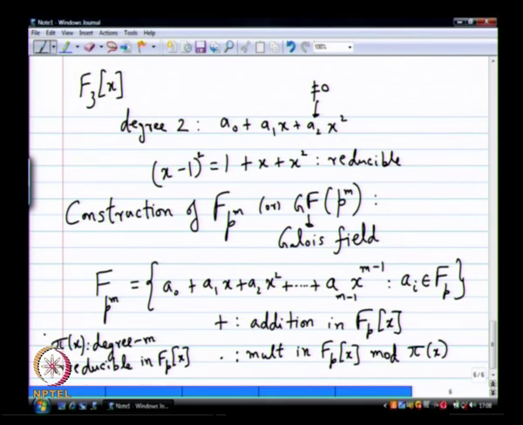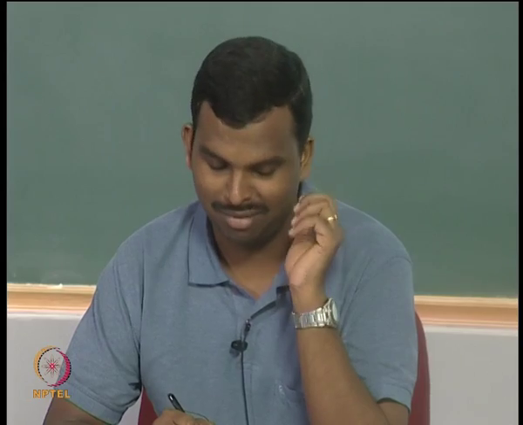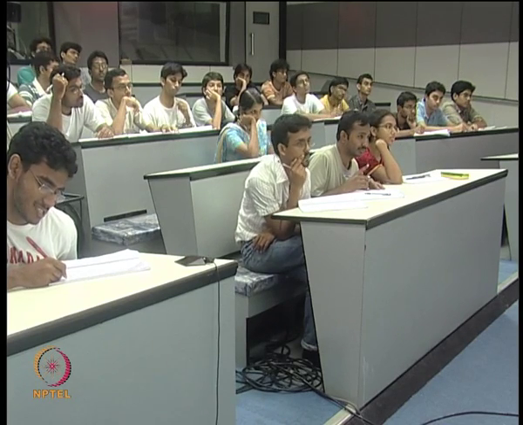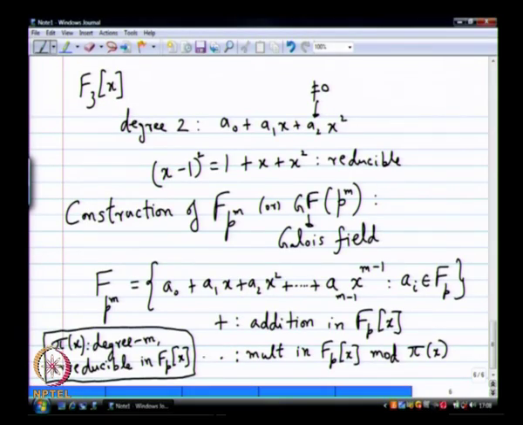This is crucial, just like we had p before, you need a pi of x which is an irreducible degree m polynomial. Is that okay? Yes, there can be many, but it turns out you have only one field. Those are surprising results, we will come to that later. So, you pick any one degree m irreducible polynomial in Fp[x] and use that to define your